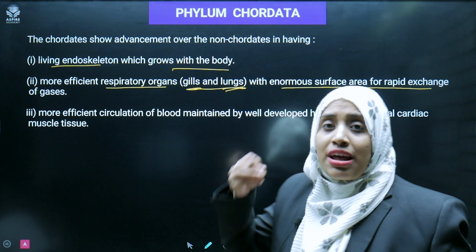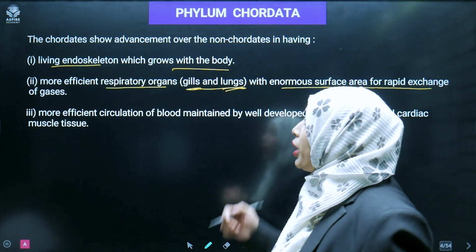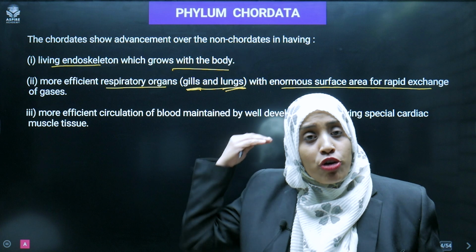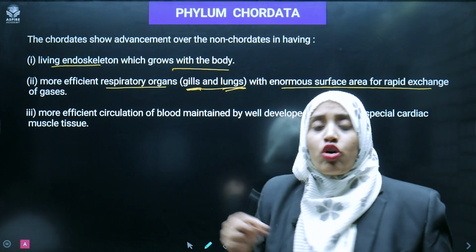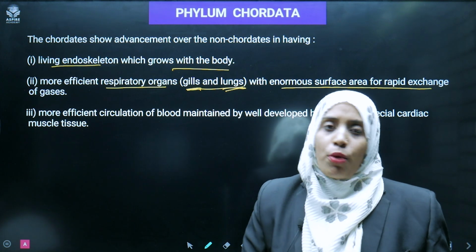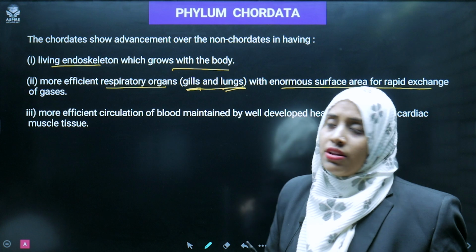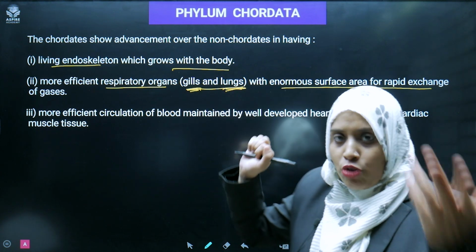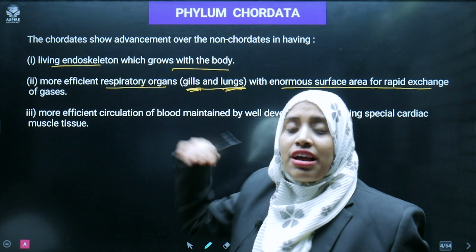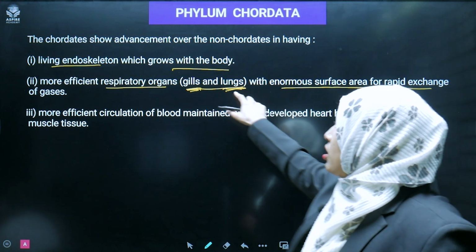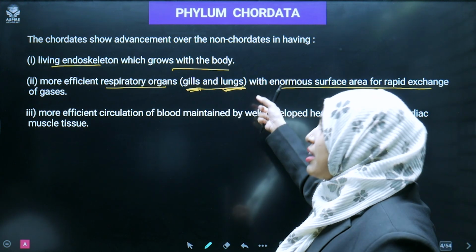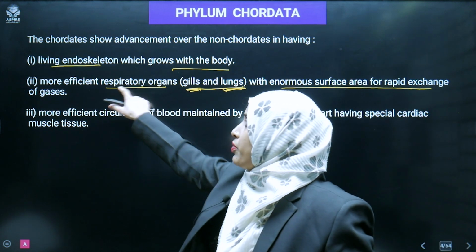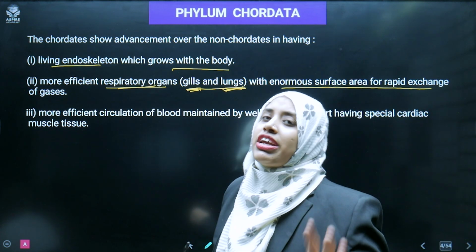because इनवर्टिब्रेट्स के कंपेयर में, नॉन कॉर्डेट्स के कंपेयर में कॉर्डेट्स आर मच मोर एक्टिव, ओके। So we have to perform our life activities, हमारा organ level of organization होता है। So for all the organ systems to work properly, we need much more energy. Okay. So we are having gills and lungs. Some of the organisms of the chordates have gills and few others have lungs. So these things help proper respiration में help करता है, ठीक है।